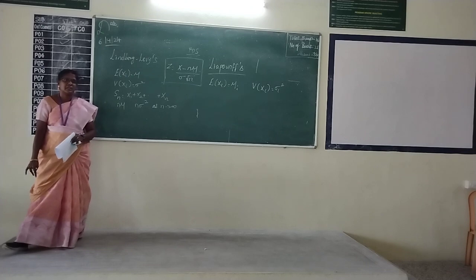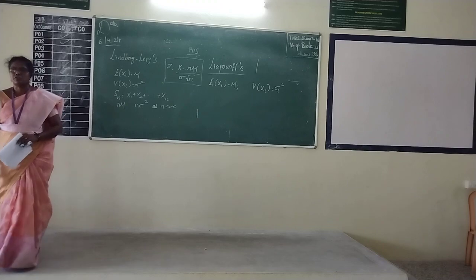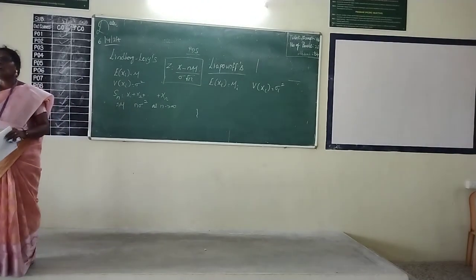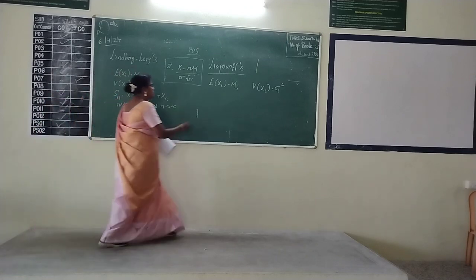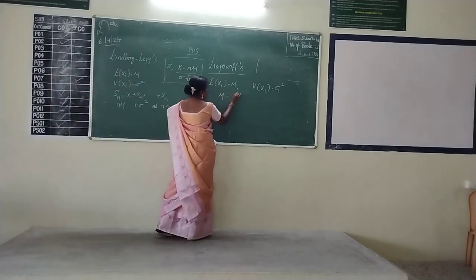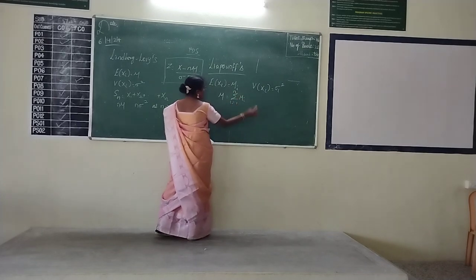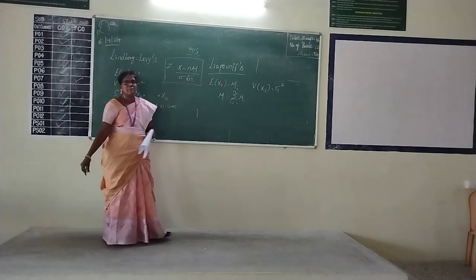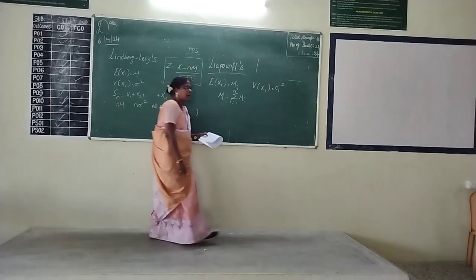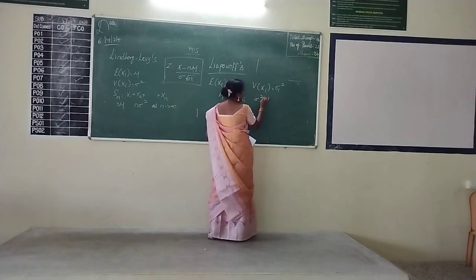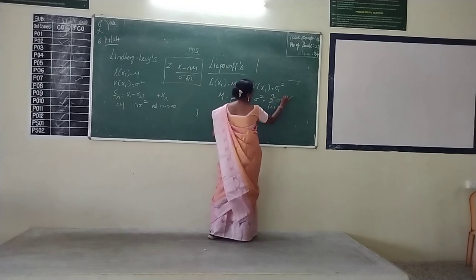Under certain conditions, Sn follows normal distribution with mean mu equal to summation i equal to 1 to n mu i, summation of all the mean values, and variance sigma square equal to summation i equal to 1 to n sigma